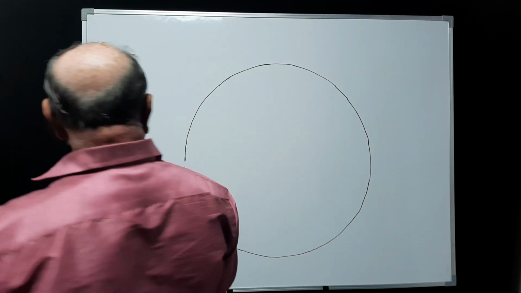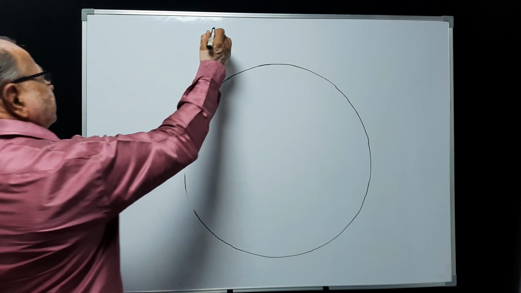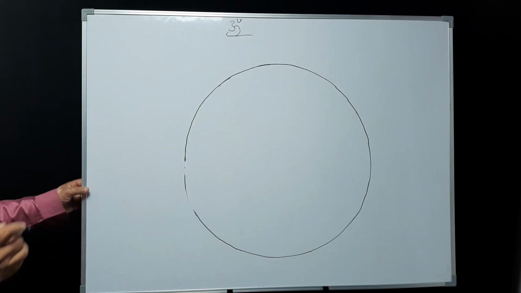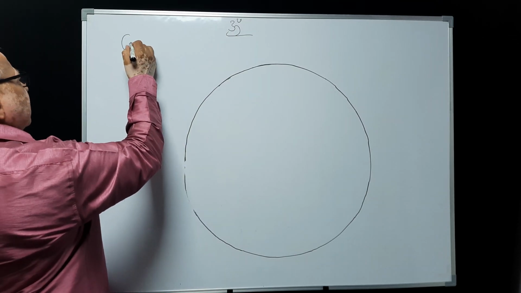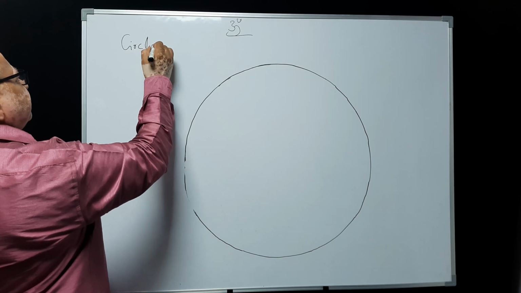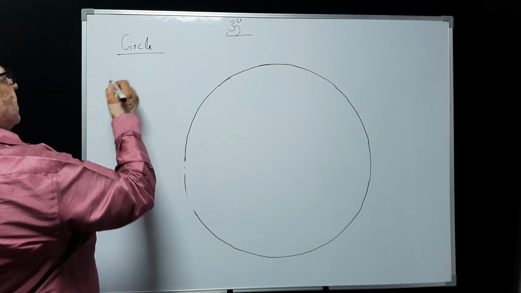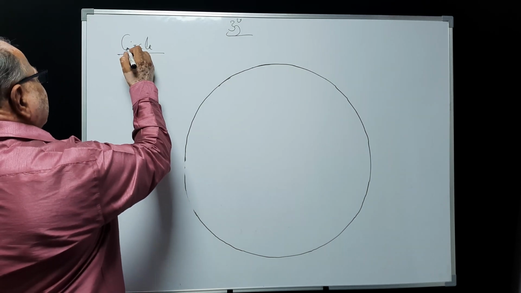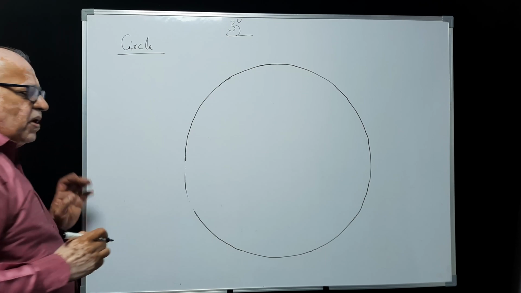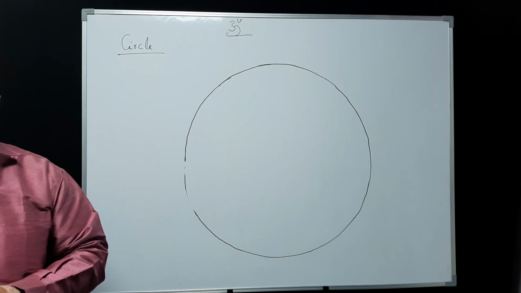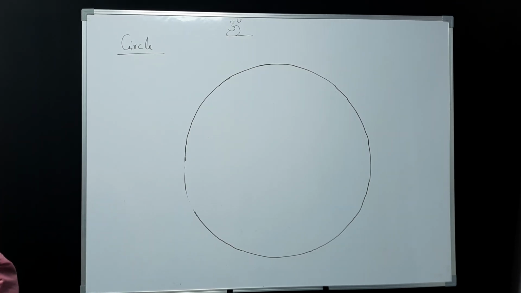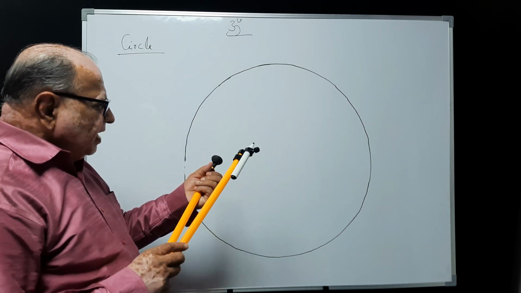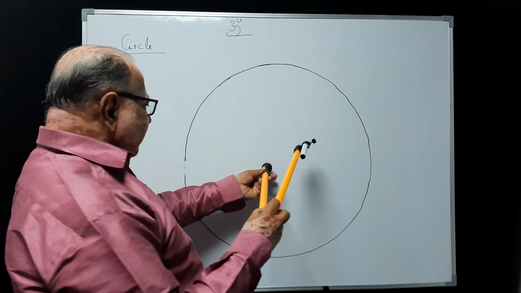So first of all, let us know how to draw a circle and how to define a circle. Drawing a circle and defining the circle, these are very important. Once you draw, you will be able to define. The method of drawing a circle is very easy. Everyone knows it. Though we do not know properly how to define it, it is very easy to draw the